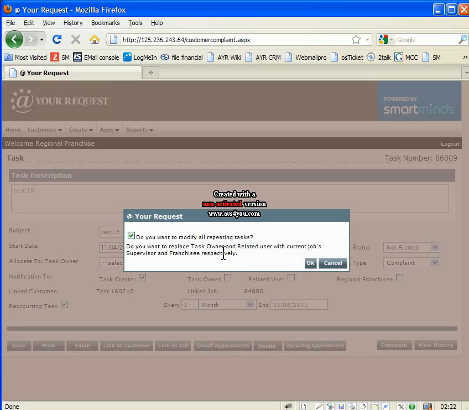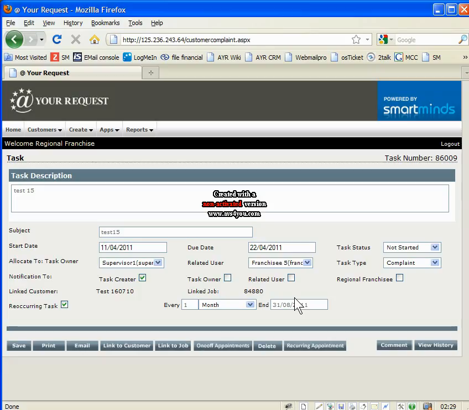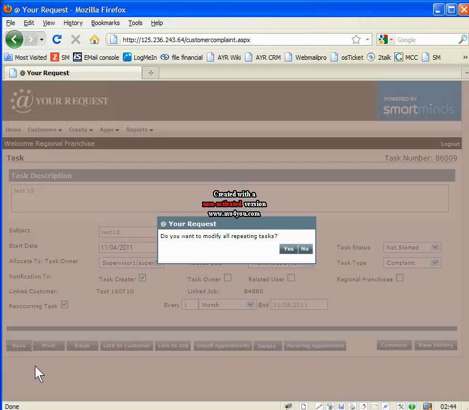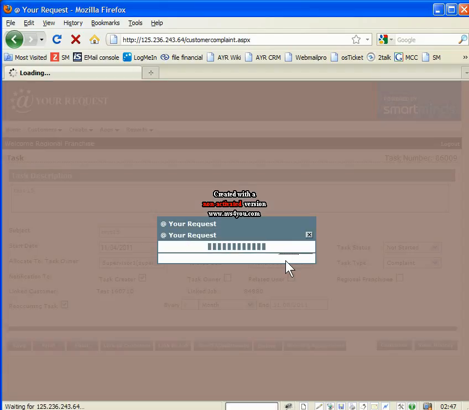and we're going to add an appointment, a recurring appointment. You can also add just one-off appointments that relate just to this task by clicking the one-off appointments button. But I'm going to click on the recurring appointment button. You can only have one set of recurring appointments for one set of tasks. What this will do is it will take you to the task owner, supervisor 1 in this case,